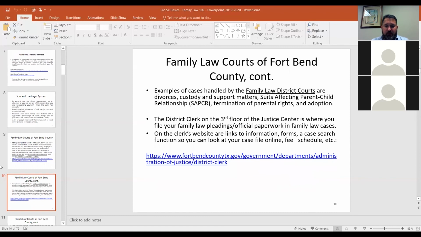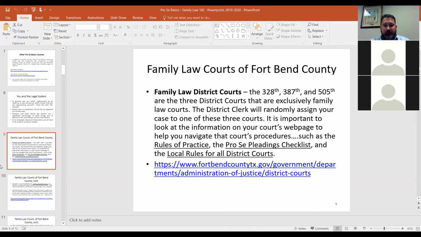And each court obviously has a website. Everybody has a website now, of course, and it's really a good source of information. Let me go back to that slide. Each court has a web page, and when you're involved in a court, you'll be assigned to one of those 3 family law courts. And knowing their procedures and how they do things is very important in helping you navigate